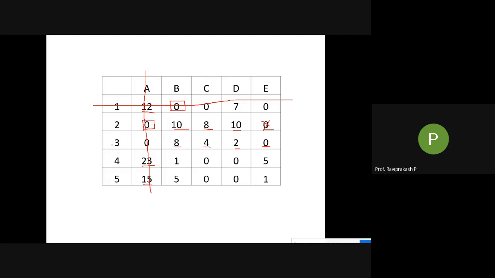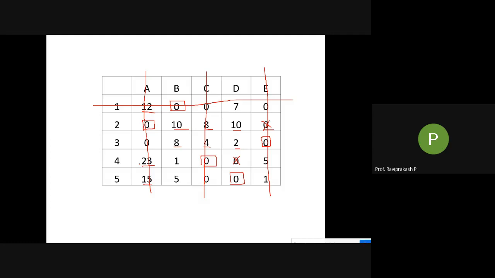Now come to the third one. So if you see, there is only 1 zero as of now. Okay, this has been cancelled already because of this. So I'll mark a square around this. Okay, now if I do this, I need to cancel off the column. Right, now coming next here, if you see again 2 zeros are there. So what I'll do, I'll mark this, I'll cancel off this, and I'll cancel this particular column. So if we come to the fifth one, I'm only 1.